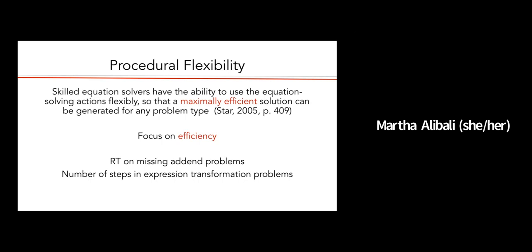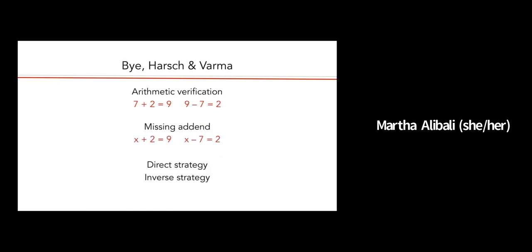And that's certainly true in the talks that we heard about today. There was a lot of focus on efficiency of what students are doing. For example, reaction time on the missing addend problems. The switch benefit is really about an efficient approach to solving the problem. Or the number of steps in transforming an expression. The focus here is on planning ahead so that one can have an efficient path to the goal. And so I just want to talk for a moment about each of this thread of efficiency that kind of